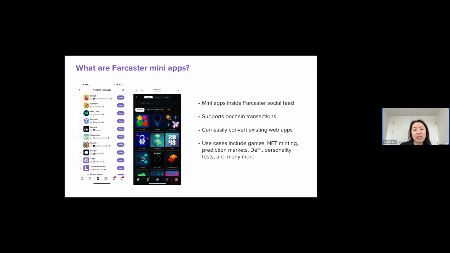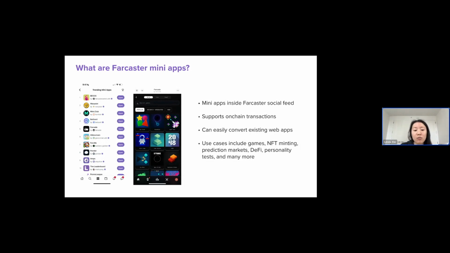What's also really unique here is that we have on-chain transactions supported within Farcaster. We have our own embedded wallet in the Farcaster app, and Coinbase Wallet is also building a Farcaster client. So there's going to be a wallet there, and they have millions of users. That should be going live in a couple of months. It's in beta right now. If someone wants access to it, please let me know. I have some beta codes where you can take a look.